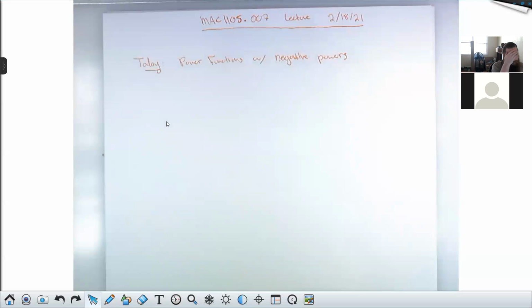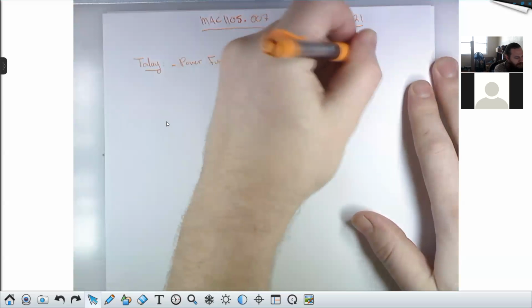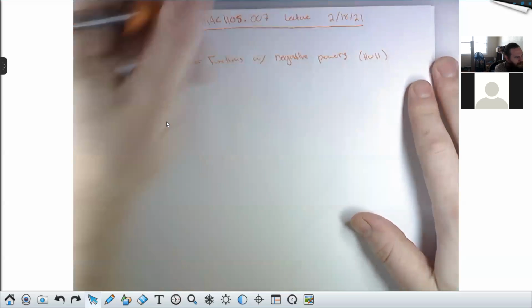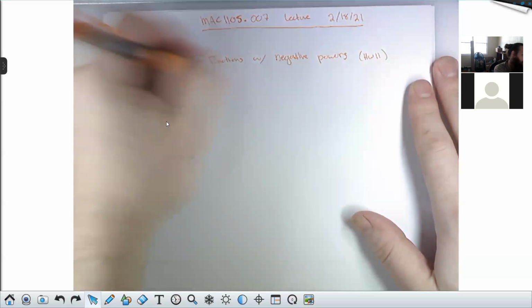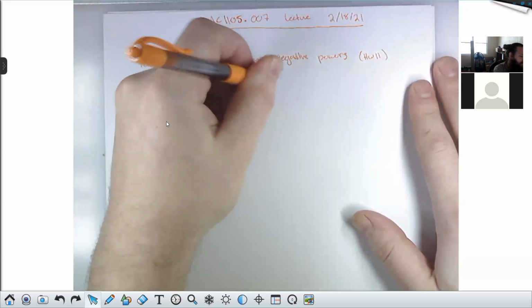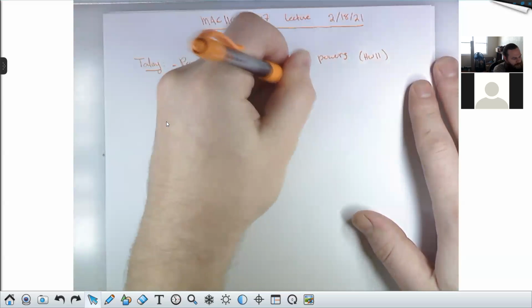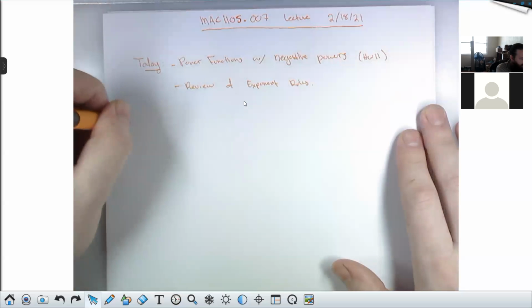So this is homework 11. And I want to do also just a little review of exponent rules. So the rules for exponents